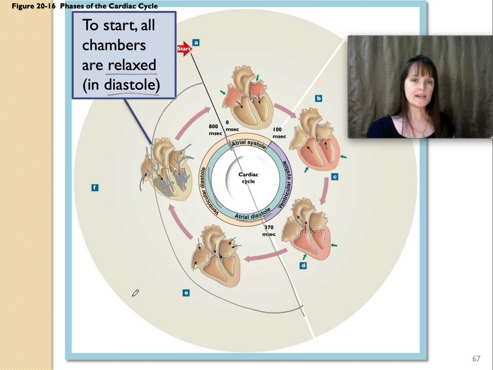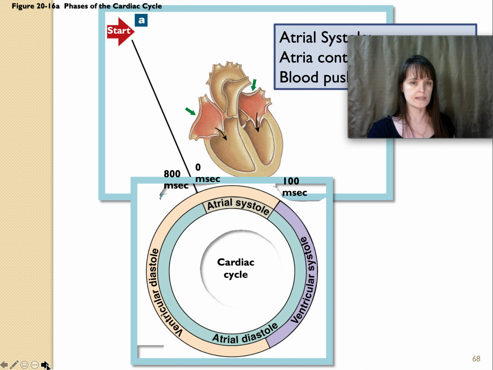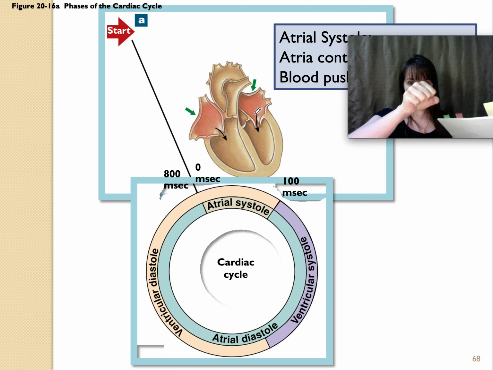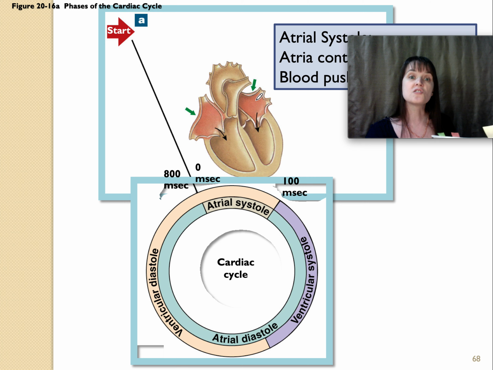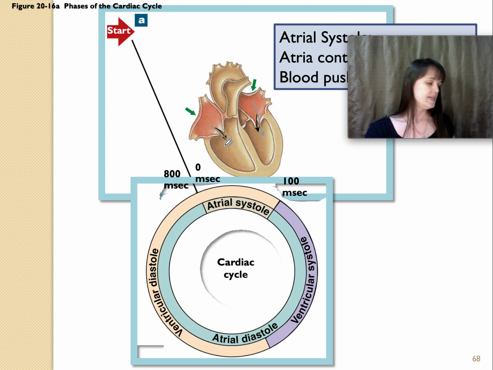And during atrial systole, which will be this first part of the cardiac cycle, next slide, in atrial systole, the atria contract, so the walls squish, and they squish the blood into the ventricles. The 2 atria contract together, and then the 2 ventricles contract together. Next,